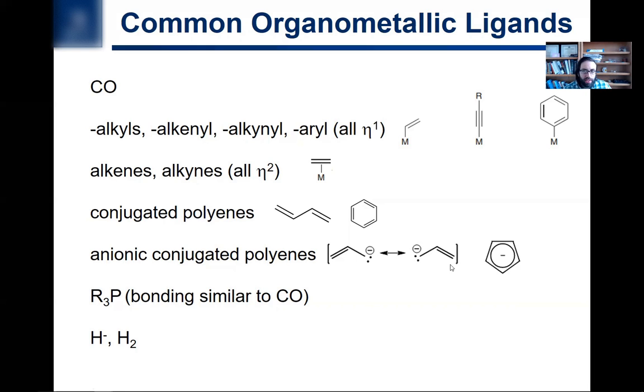And then you have ones that aren't technically organometallic, but have very similar bonding to carbonyl and some of these other compounds. So we put them in the same group. The phosphines with various alkyl groups, wide diversity there. That has bonding very similar to carbonyl, as we'll see, and also hydride or just neutral hydrogen. So these are just some of the few that we'll talk about. We'll talk about more than this, but these are probably the most common.